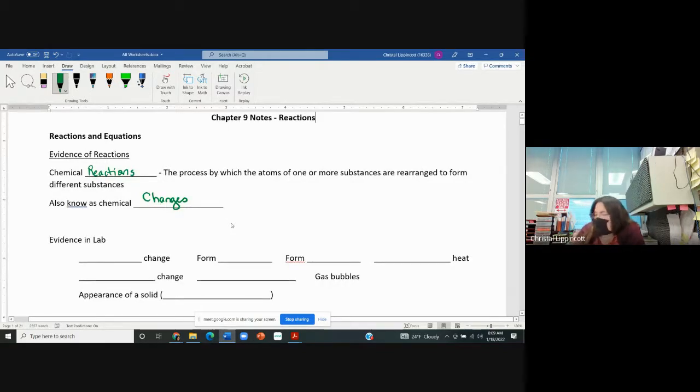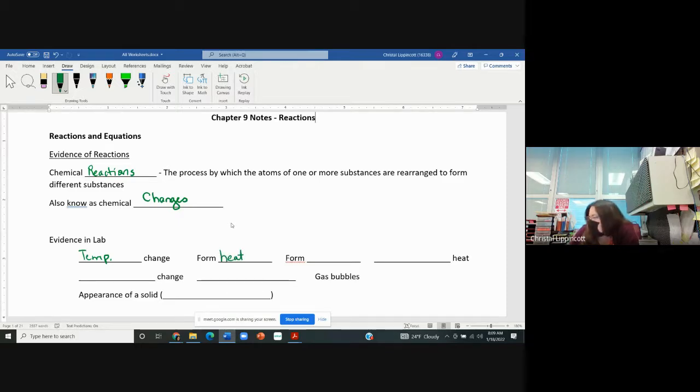All right. So what is some evidence that we've gone through a chemical change or a chemical reaction? There's a temperature change. That might be one piece of evidence. And that temperature could either go up or down. Okay. So it forms heat,